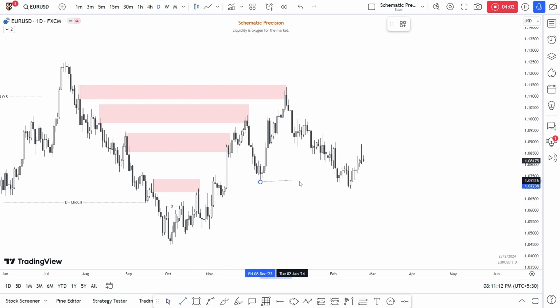So here, this is our inducement as per daily time frame, right? And here the inducement was this. So market broke this structure, came down, took the inducement, again went higher, broke this structure, came down to take this inducement, and now going higher. So as per daily time frame, what is the conclusion? Market should go higher.